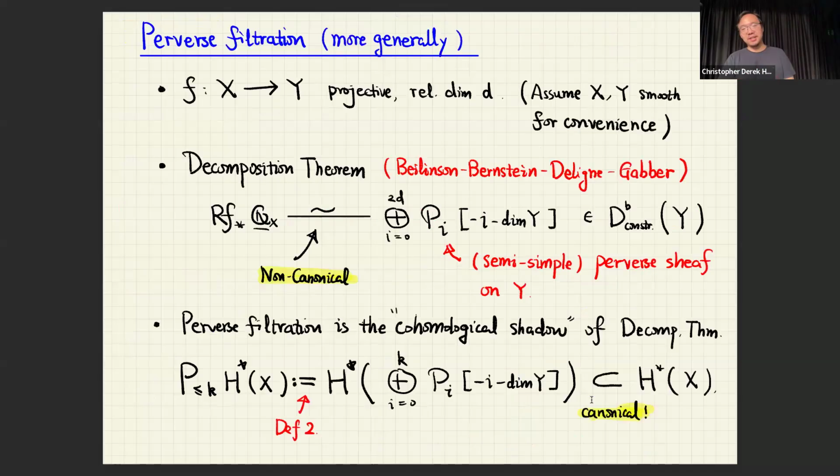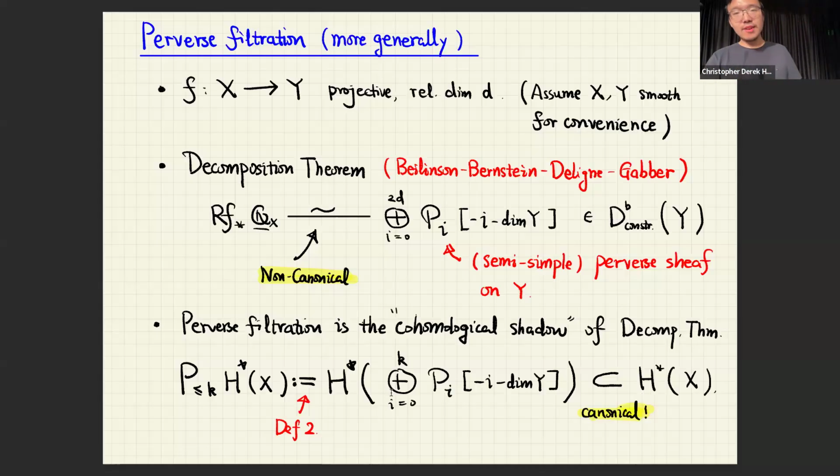Okay, so I already gave you the first definition, due to Mark and Luca, for the perverse filtration when the base is an affine space. Now I'm justifying the name perverse filtration, why that natural definition is perverse. This is the real definition, which I call definition 2. So for any projective morphism, which I assume has every fiber of dimension D, so everything I'm talking about is in the complex setting, complex dimension D. For convenience, let's assume X, Y are smooth.